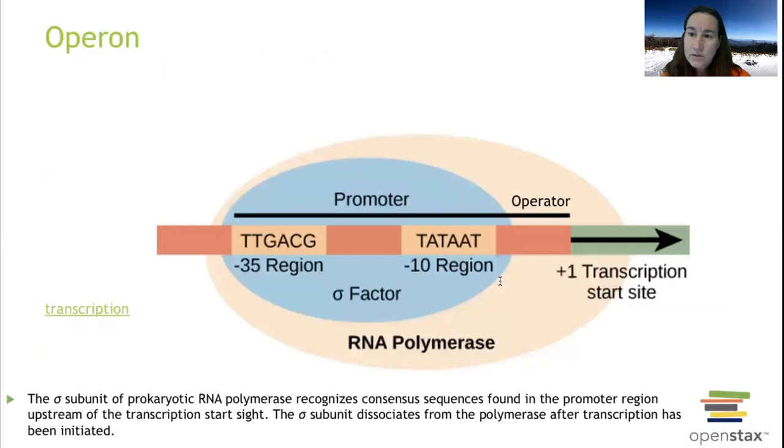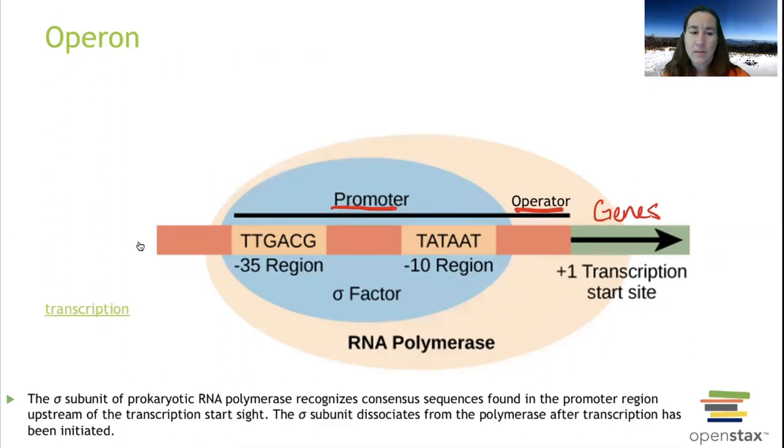On an operon, there are three basic parts. All of this green stuff here are the genes that you want to code for, that will code for the amino acids later when it gets translated. Before you get to the genes, you're going to have a promoter, and then there's another place called the operator.